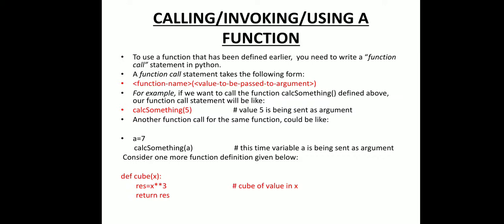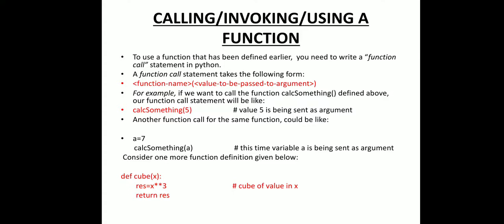How to call, or invoke, or you can say use a function. As I told you, after creating a function, earlier we have seen how to call. The same thing we are discussing again now, how to call a function. Whenever we are going to call, invoke or use a function, first of all we will write the function name, then in brackets we will pass the value. If there is an argument then we will pass the value, otherwise we will leave it. So here you can see the name of the function and the value we are passing. Cal something, in brackets I have written 5. This is the way to call that particular function which we have already created.